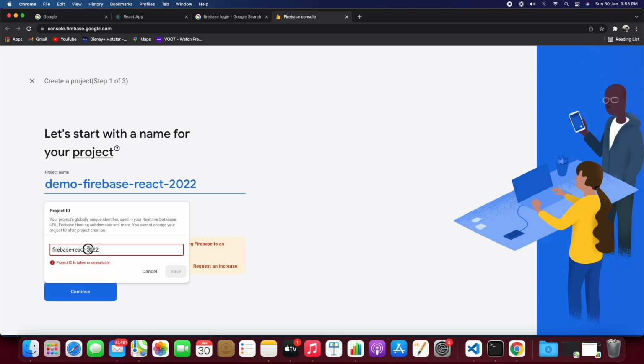So we need to add something. The project ID needs to be unique in our case. So let's add some of the days, and I think the Firebase needs to be removed. Yeah, I think we have this project ID free, and let's copy this and head over to VS Code